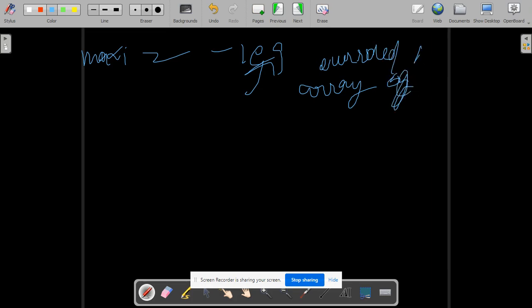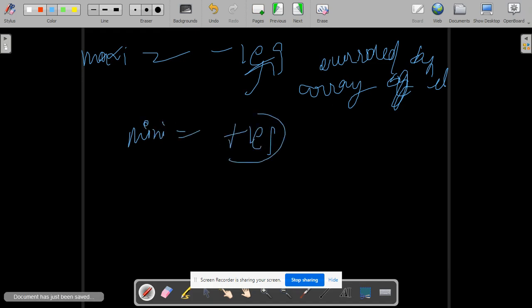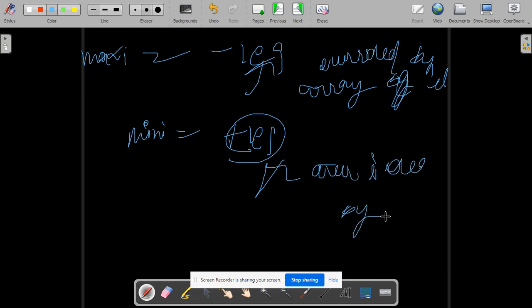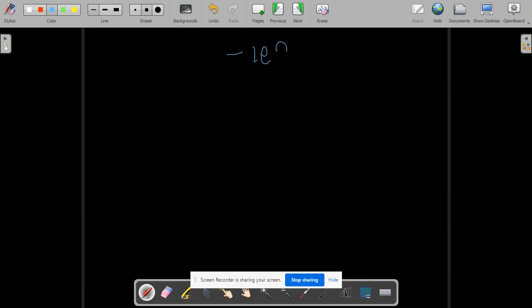By array elements, and for minimum, take +1 such that it is the maximum number that can be overridden by smaller array elements, right? Okay. Now you will be asking one doubt: teacher, why only -1? If we have to take such a small number,